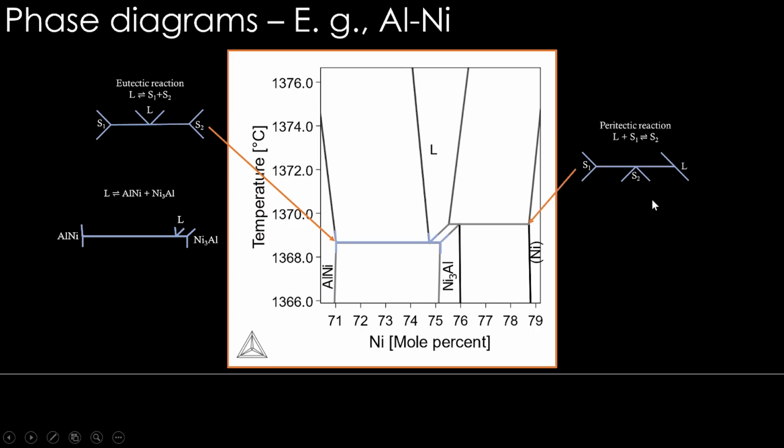Then here we have a peritectic reaction, this horizontal line. What is that? A liquid plus a solid, nickel-rich solid solution combined to give an intermetallic phase Ni3Al. It is here. I hope you could recognize this. So yeah, you can take any random binary phase diagram and try to recognize what reactions are there. The moment you see a horizontal line, you should latch on and see what is the kind of pattern there.